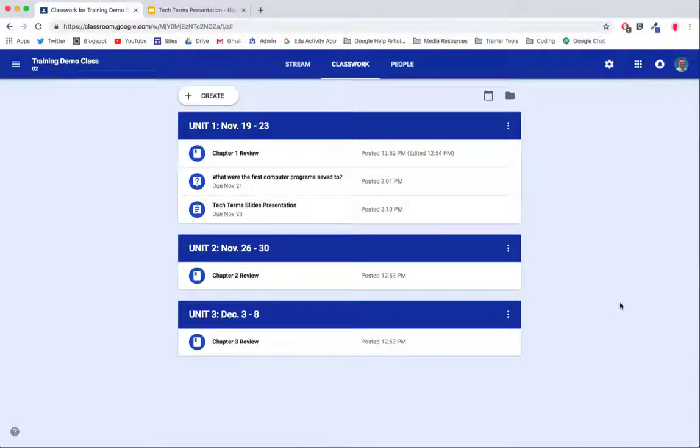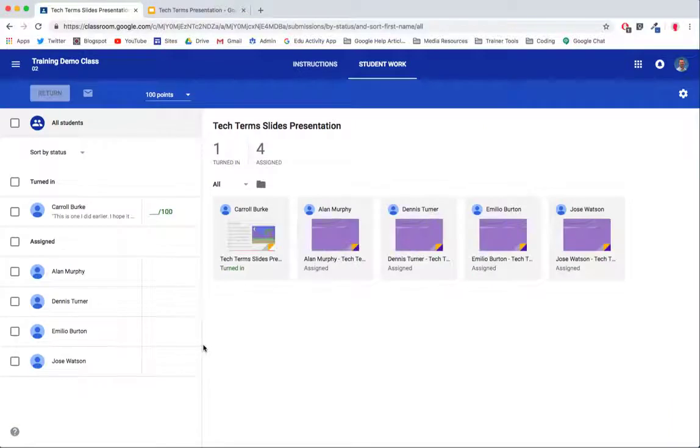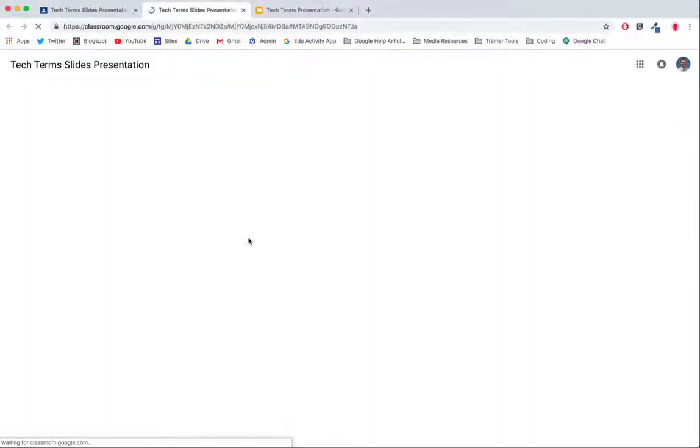Here we are. I'll click on the presentation assignment, view the assignment. All right, so I can see that Carol is the only one that actually looks like has done some work on it. Okay, the others, no work has been done on them. These are just the copies that I made. All right, so at this point, if I want to take a look at Carol's work, I would click on the assignment,